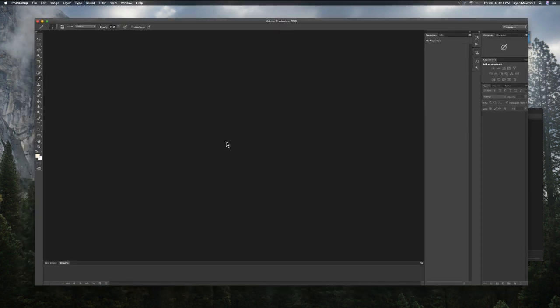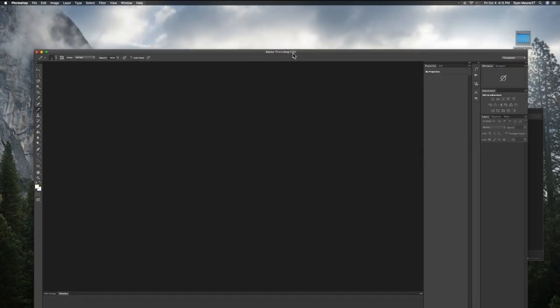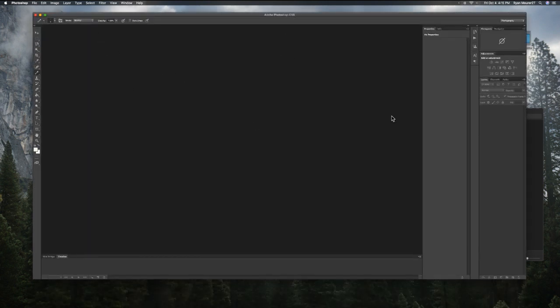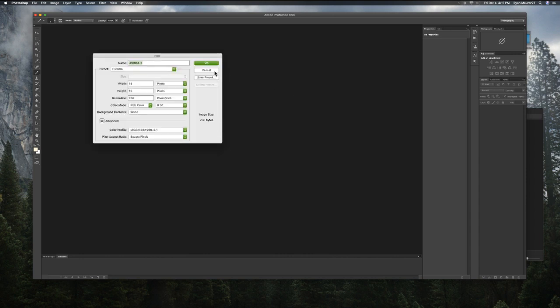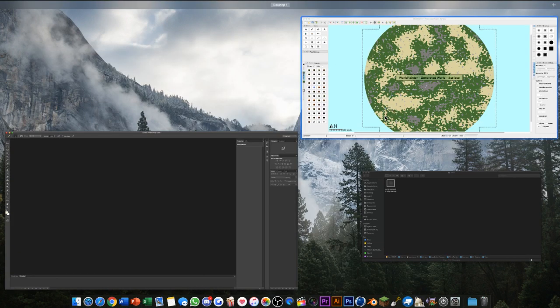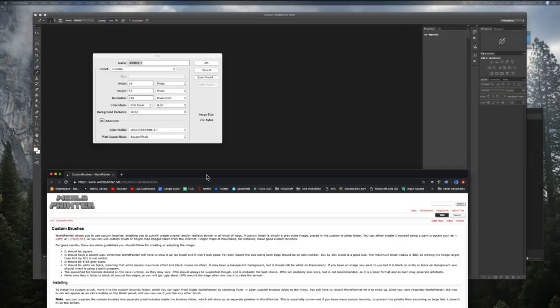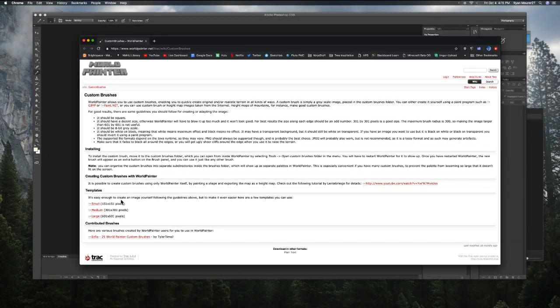To make height maps, this is the way I would recommend making height maps first for your brushes for actually making terrain in WorldPainter. So what we're going to do first is Command N for a new project, and we want to make sure we're using the right presets, and that is where this comes in handy again. As you can see, these are the recommended sizes for the brushes. I usually just go straight to the large because large really isn't that large to begin with, and I think it's better to just go with the biggest sizes you can get. That way they work better. If you have to though, and you want really precise brushes, go with small. Medium is if you really want to. But most of the time I would say go with large,